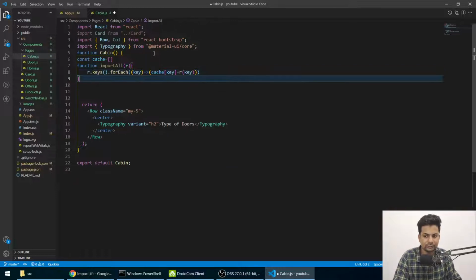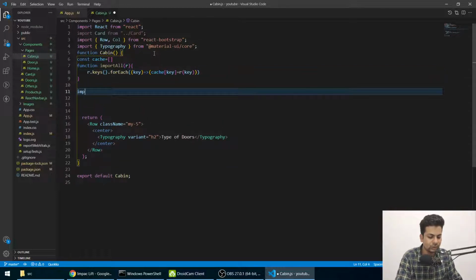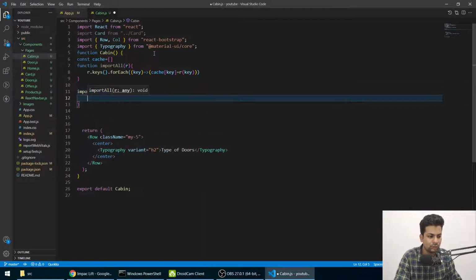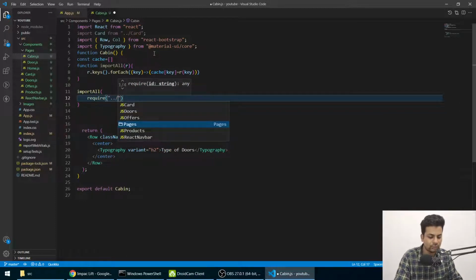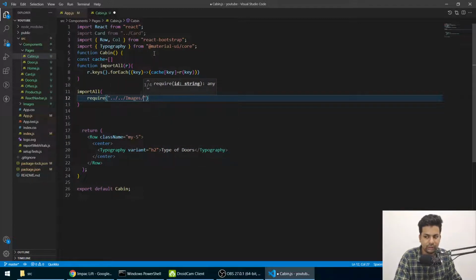Then we'll say importAll, we'll say require, and here we'll give the destination of the images, it's inside the cabins. Then we'll say false,